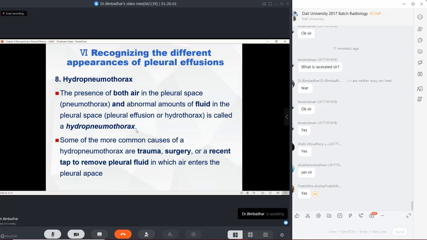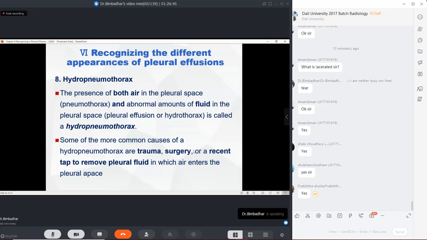It happens when you are trying to treat a patient because of a previous pleural effusion, which means the patient has undergone a therapeutic procedure called thoracentesis. So now there is a meeting of the external environment, the external atmospheric pressure, with the pleural surface. That's the reason the air from outside the body comes into the pleural space, and there is already fluid present here. So now the air and fluid are visualized together. This happened because of the doctor's intervention, because I have done a procedure called thoracentesis,